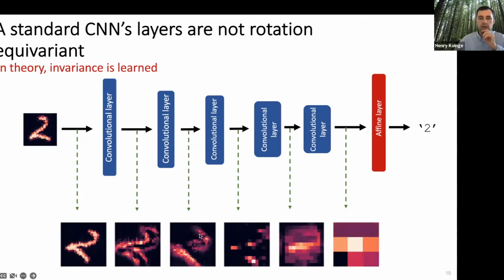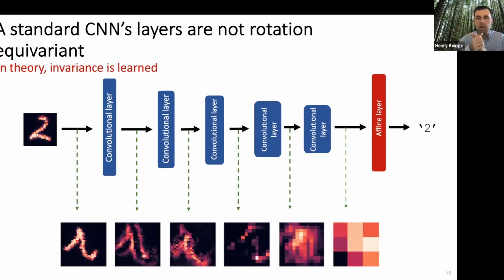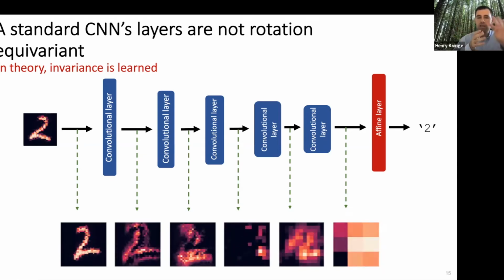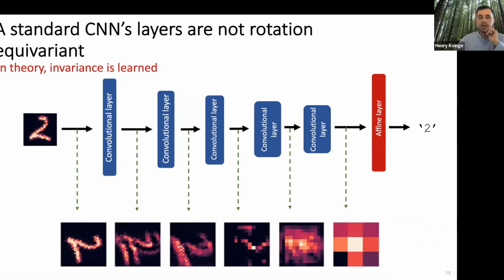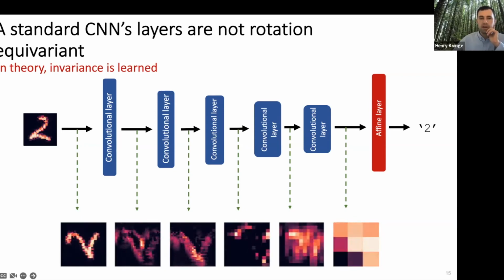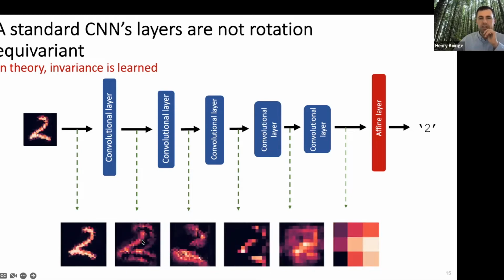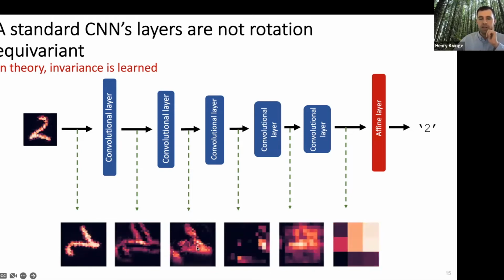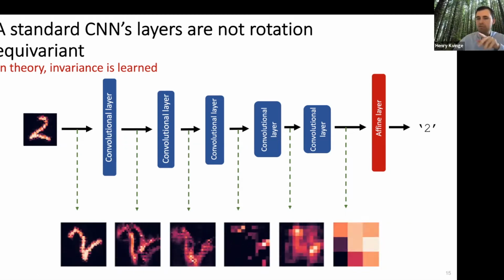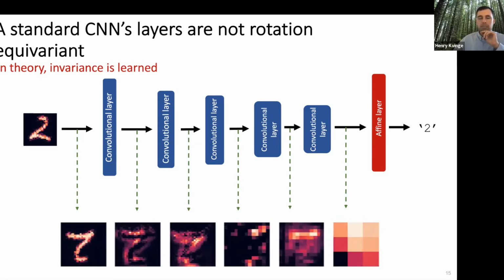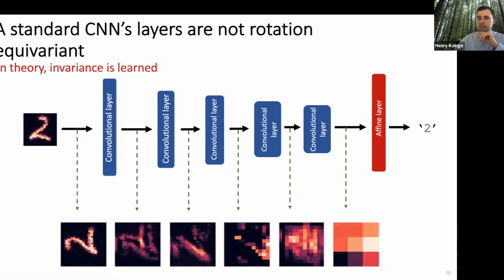If this was truly equivariant and all these hidden layers were equivariant as well, what we'd expect is that as I rotate this 2 and put it in the network, it would just look like the same image, but rotated. And we can see that for this first hidden layer, it actually looks reasonable. You can see some of it changing as it rotates. It's a little worse for the next one. And by this layer here, you can tell there's maybe some sort of rotation in the background going on, but there's quite a bit of change. And what this change is indicating is that this thing is failing to be equivariant.